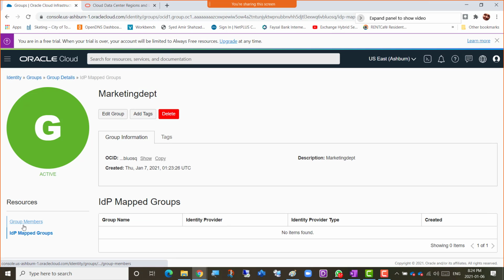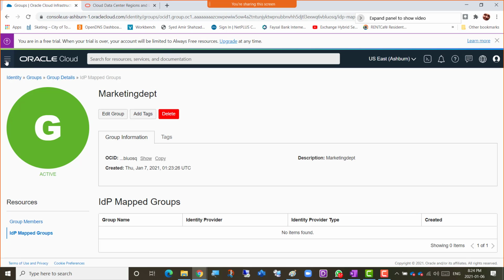If I go down to the left side, IDP managed groups there. So identity provider, IDP is always identity provider, which means that on any website that you have connected to, if you've connected to any website with Oracle, Oracle connected to Facebook, Oracle connected to Google, Oracle connected to Azure, so Oracle will trust their authentication, and those users' accounts need not be created here as well. But our Oracle subscription is not connected to any other